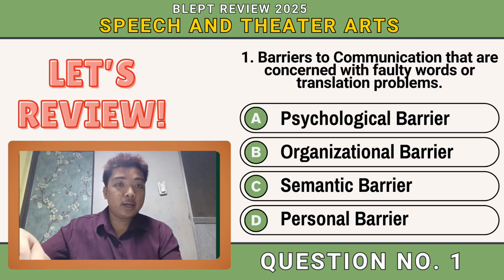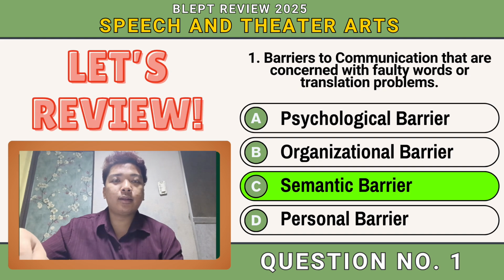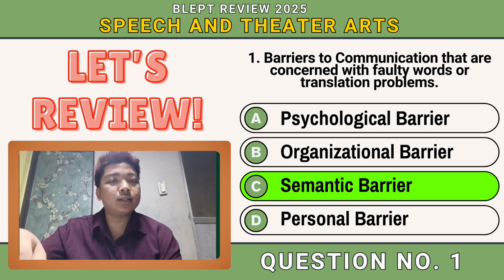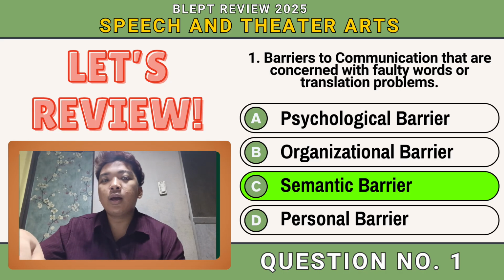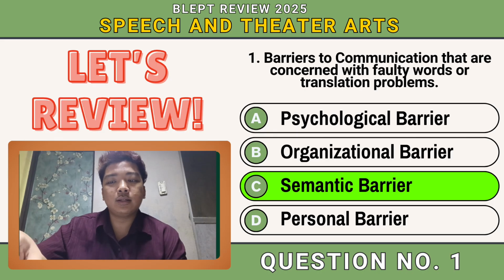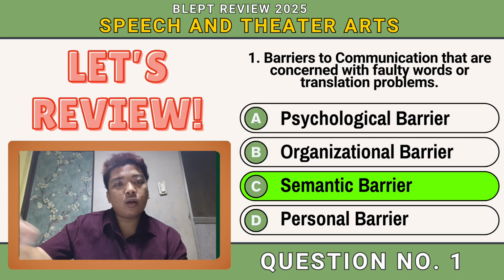The correct answer is letter C, semantic barrier. This barrier occurs when there is a misunderstanding of the meaning of the word or symbol used. It is more about encoding and decoding of the message. So why is it not psychological,